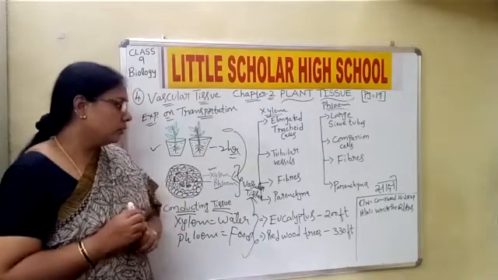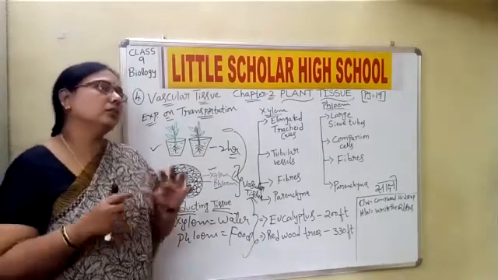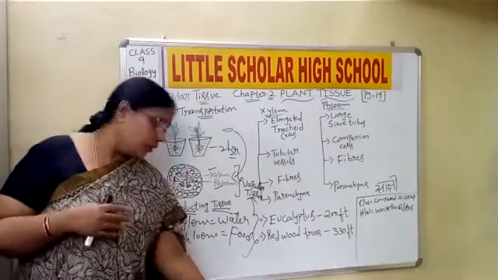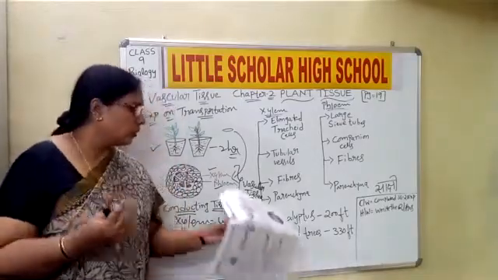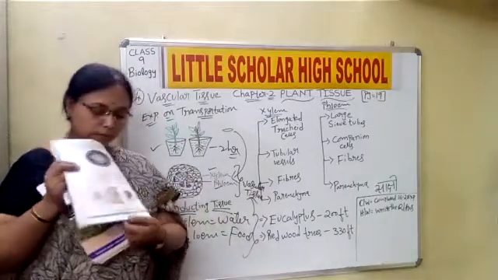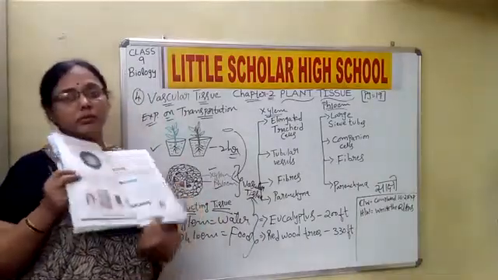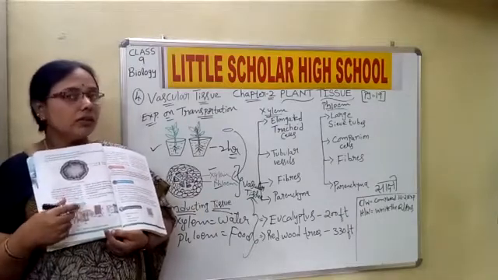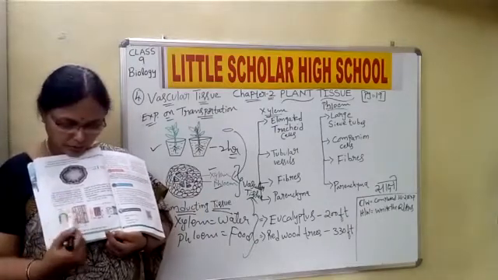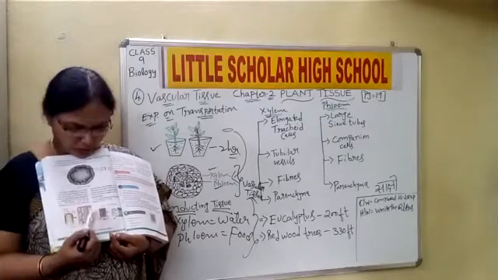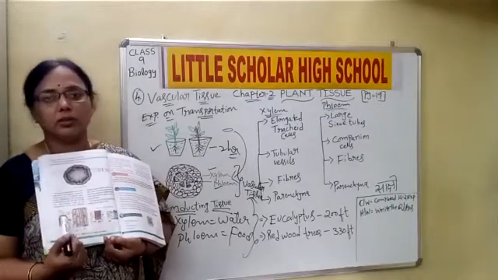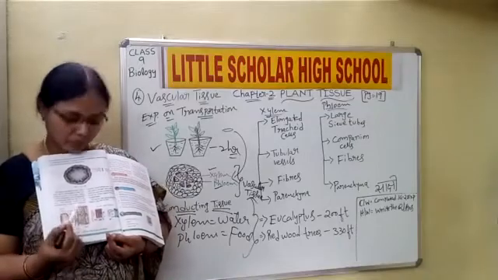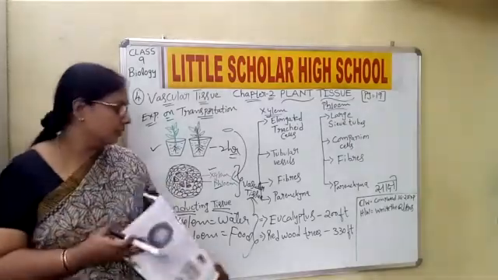Okay, children? Now before going to the mechanical function which is going on in the plants, these are the diagrams related to the xylem and phloem, that is sieve tubes, companion cells, tubular cells. So tracheids and all. See, this is the diagram. Here you have to just know the labeling, children. For this standard, just know the labeling. They may ask you in the exam, just labeling is enough.